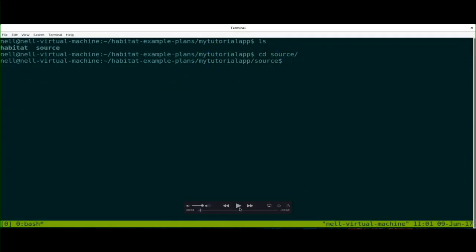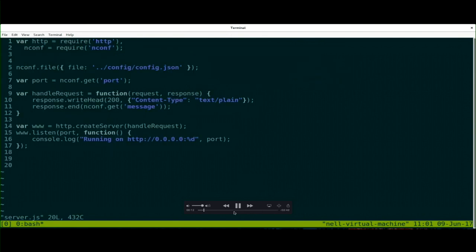All right, so in this case, again, I'm on my workstation. And I'm in a repo for a Node.js application here called My Tutorial App, and it has a Habitat directory and a source directory. So let's head on into source. This is where the actual application code is. And we've got a few files here. The first one we'll look at is the server.js. And what this file does is, as you can see, it gets the values of a few variables and starts